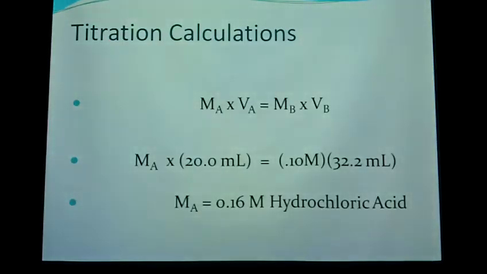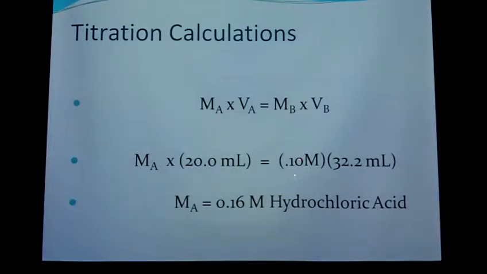Okay, so let's look at the calculations. First of all, the formula that we're going to be using is a fairly straightforward one. It's the molarity of the acid times the volume of the acid that was used is equal to the molarity of the base used to titrate times the volume of the base used to titrate. So the molarity of the acid then, the unknown molarity, times the volume. Notice we go to the 10th place here because I used the graduated cylinder to measure that volume. 20.0 milliliters of acid in the flask is equal to the molarity of the base, which was a 0.10 molar